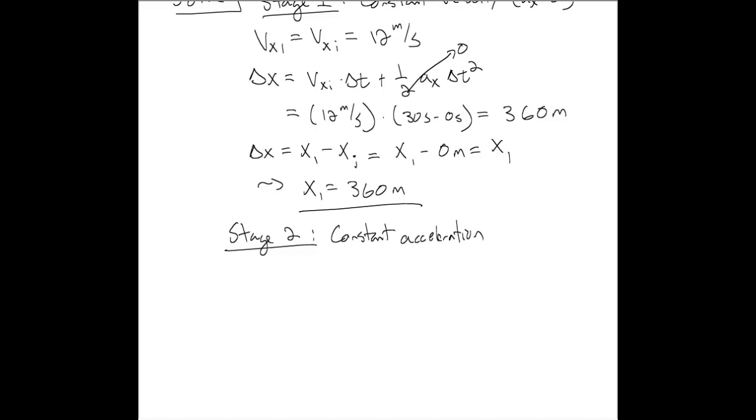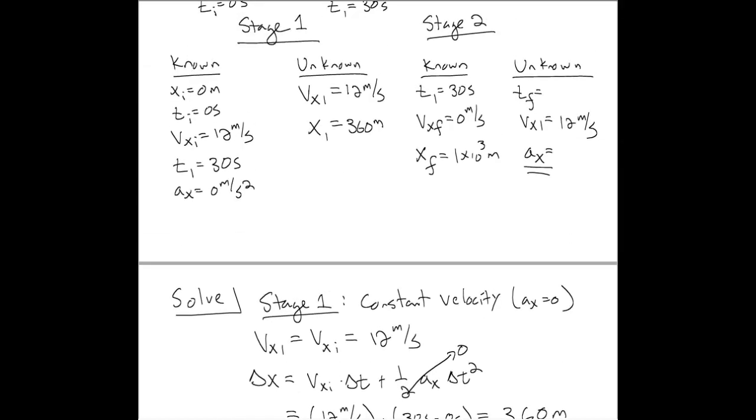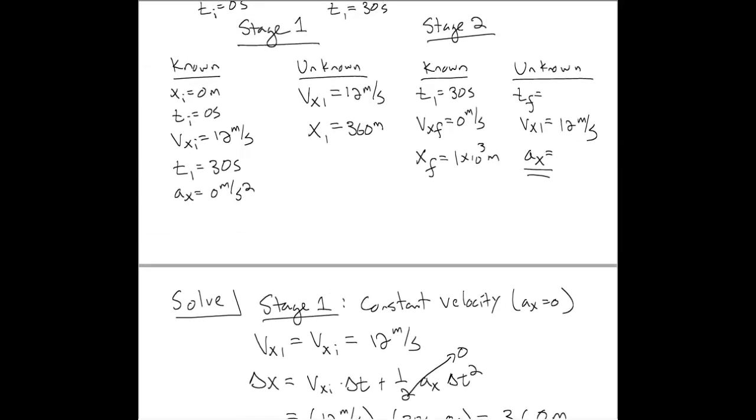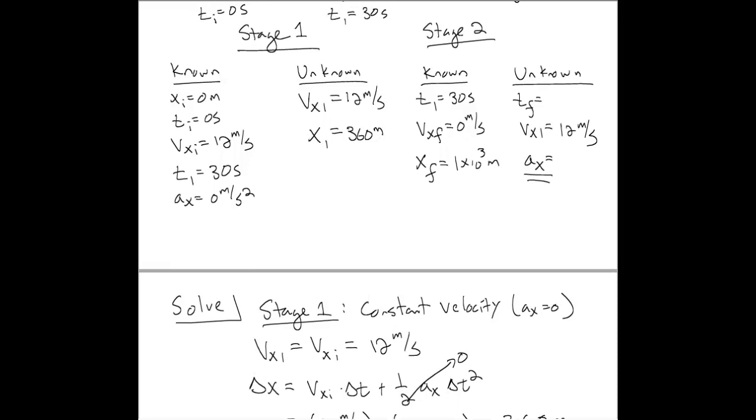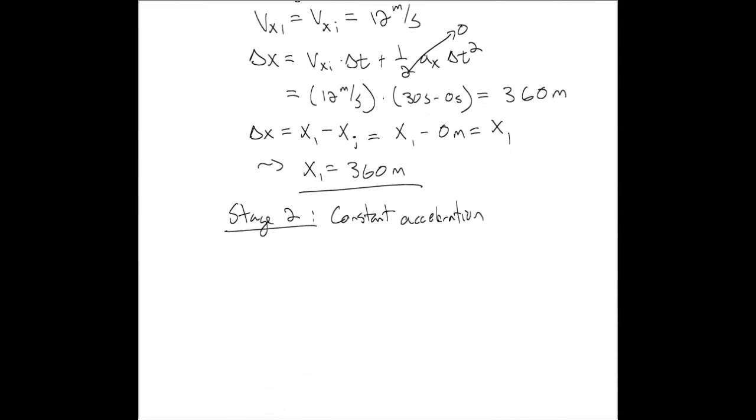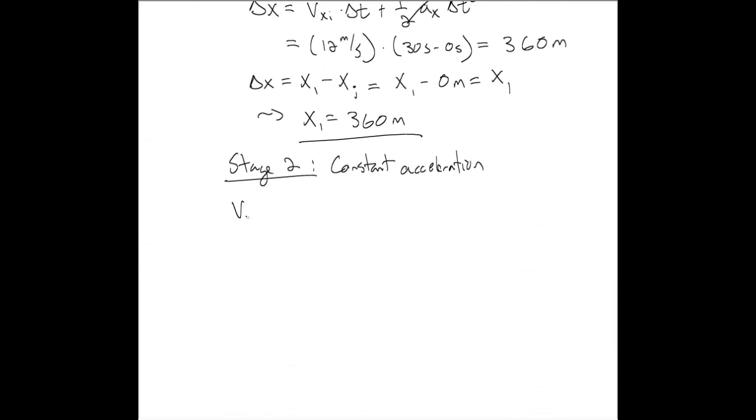And so we want to use some expression with what we know, and the one thing we don't know, the x acceleration. And one expression that will help us there is the final velocity squared is equal to the initial velocity for this stage, which is Vx1, all squared, plus 2 times the x acceleration times the change in position, the displacement